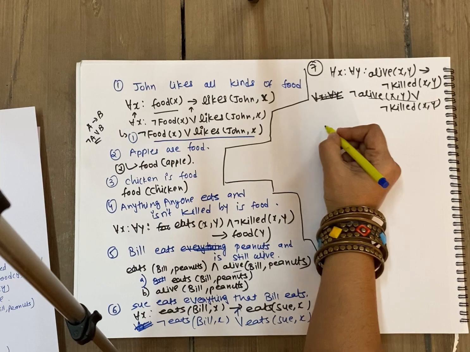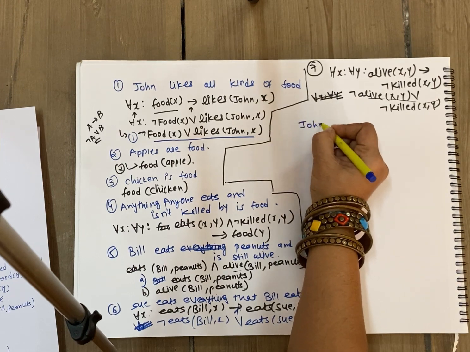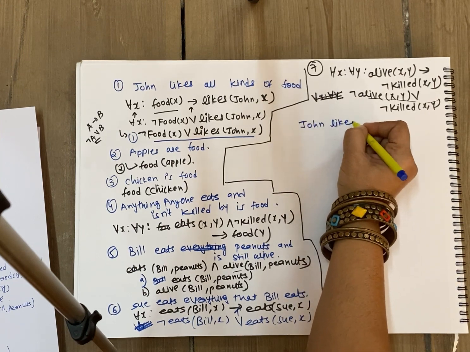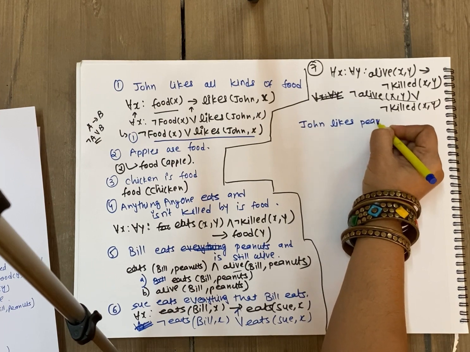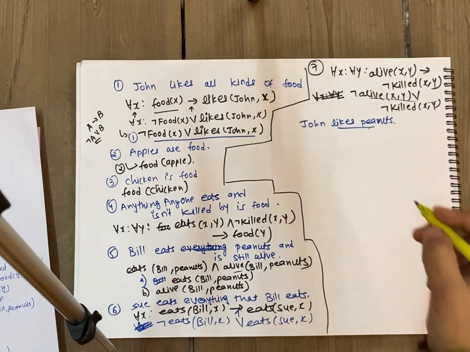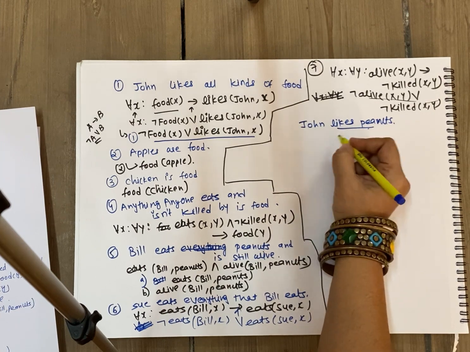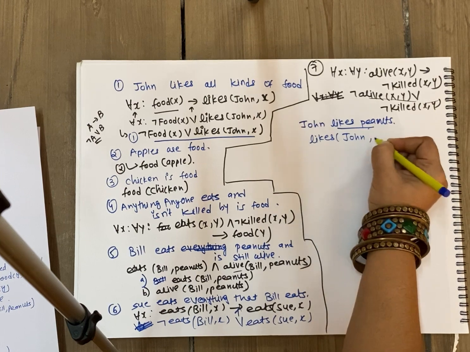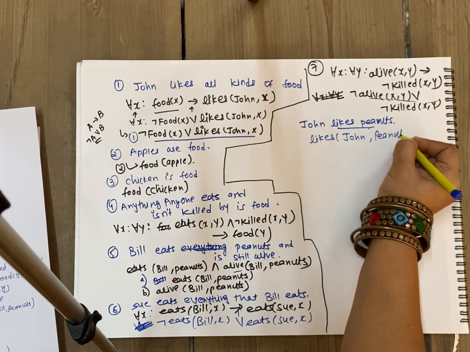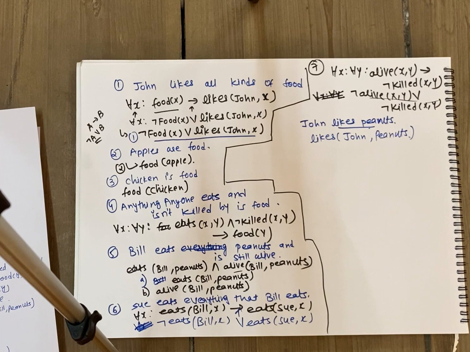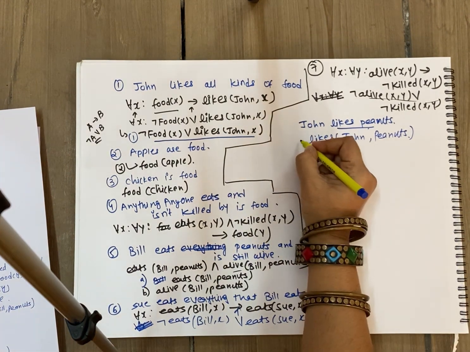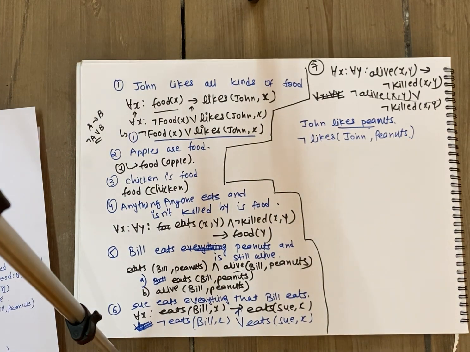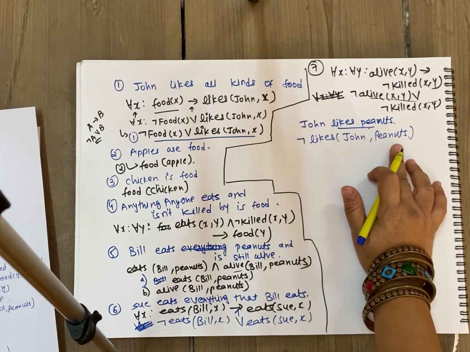Now what we have to prove over here? We have to prove John likes peanuts. So let us quickly prove it. What is the predicate for that? Likes John, comma, peanuts. So what we have to do over here? We have to negate this and convert to CNF form. If I negate, it will become not likes John, comma, peanuts. Now it doesn't contain any implication or operator, so the same can be considered as closed form also.